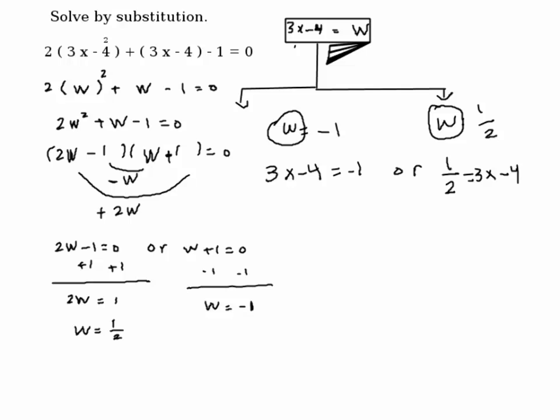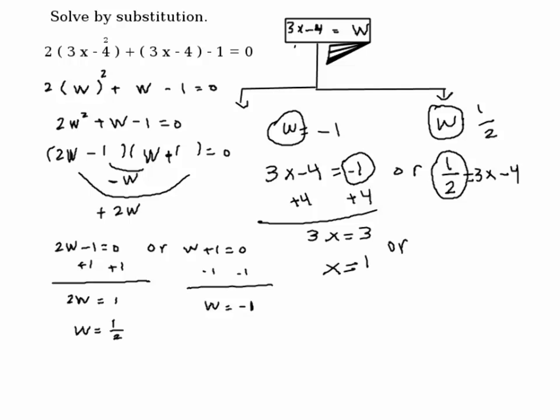So either this w, which is minus 1, is equal to 3x minus 4, or 1/2 is equal to 3x minus 4. Let's just simply solve this for x. So if I add 4 here, we get 3x is equal to 3, so x equal to 1, or